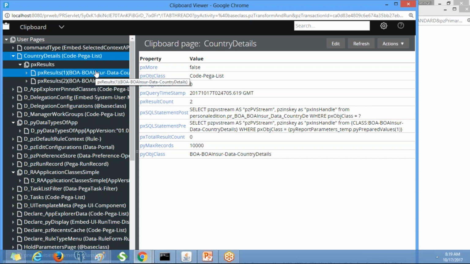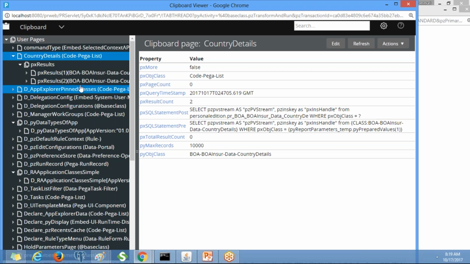Whenever you use Obj-Browse, whatever page you mention in the activity, that page will be created by referring to Code-Pega-List. Under Code-Pega-List you will have a px results page list property, and under it you will see all the records.